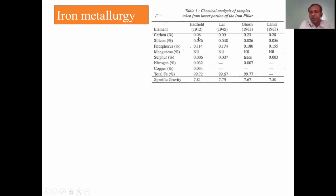So carbon content is 0.08%, and in 1945 it is 0.09, 1963 0.23, and 1963 again 0.28. Then what is the major difference? That is phosphorus: 0.114, 0.174, 0.180, 0.11155. It means if we take these ratios, then we can prepare corrosion resistant iron. But we don't have documentary proof of when they added these types of chemicals, because